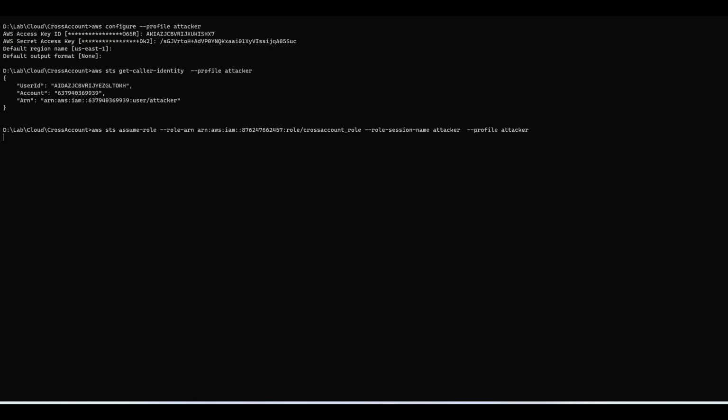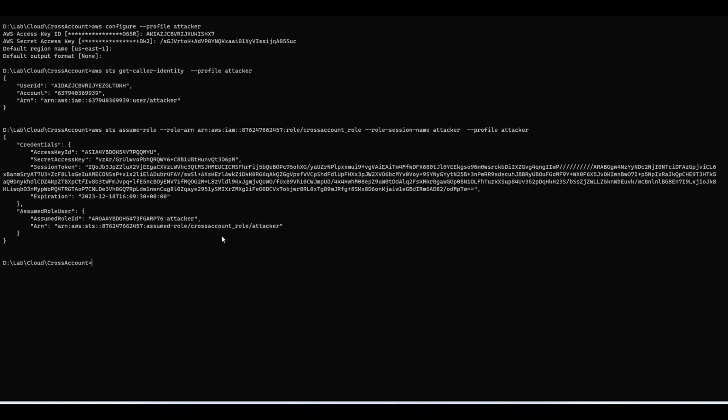And here we go. We get the temporary credentials. So we are able to successfully assume the cross-account role that belongs to this particular account ID. Now let's configure the profile. So again, AWS configure and give the profile. The profile name is cross-account-exploit,